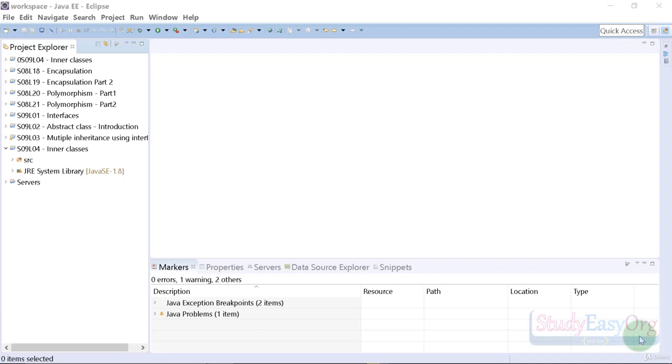Now inner classes, as the name suggests, we can create a class inside a class. Imagine a real life situation, for example, a car. Car is a class and inside the car there is yet another class, for example engine. And inside engine there are many more components. So this is a kind of composition, and Java provides us a way to define this real life scenario